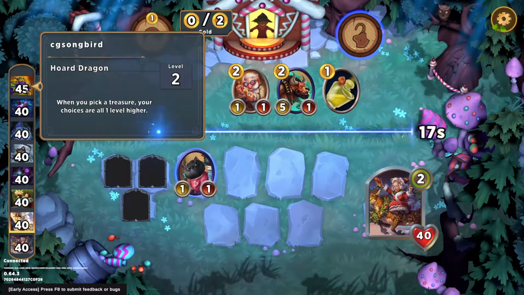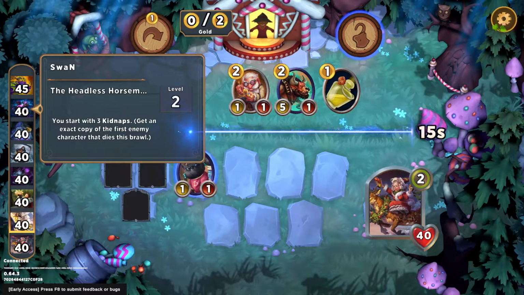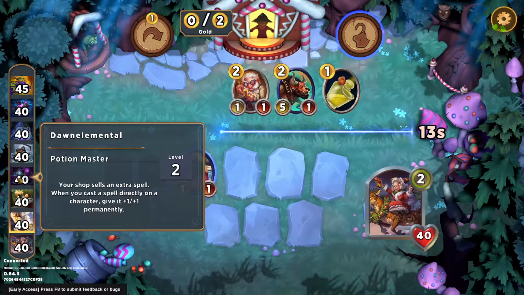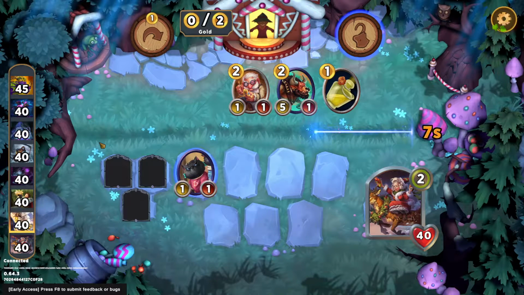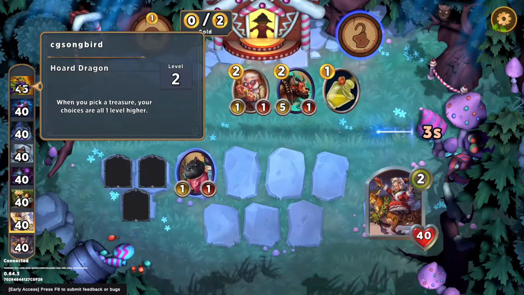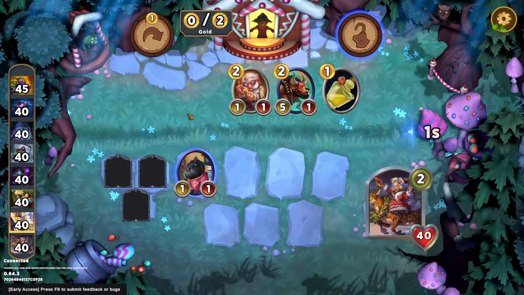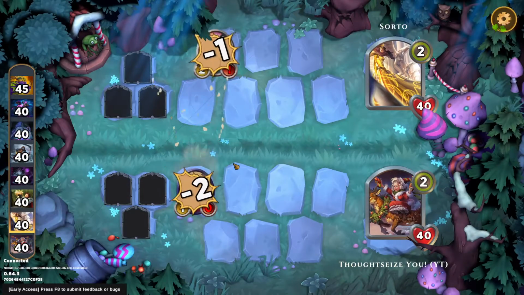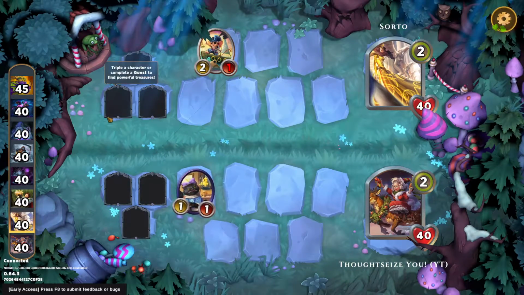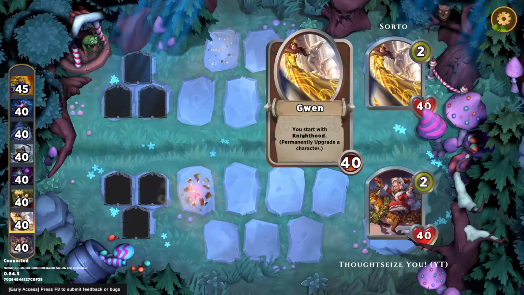Our lobby has Horde Dragon, Horseman, Merlin, Sharon, Karen, Potion Master, Galahad, Gwen, me. I think I'm most afraid of Horde Dragon. Like a good Horde Dragon high roll could just demolish us. We had one of those in a video I posted the other day. Okay, we're gonna tie here. We also need to watch out for Gwen, who can also just get a really good